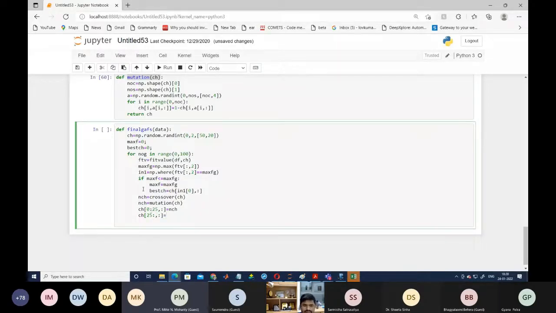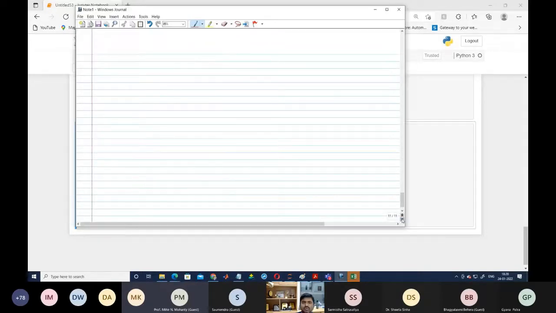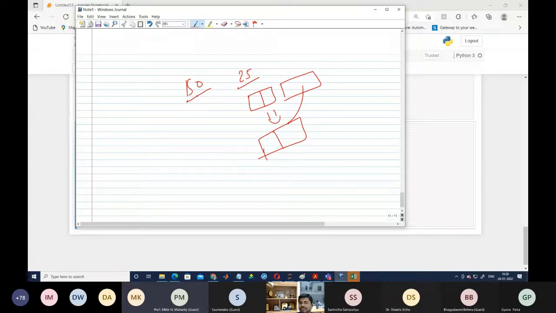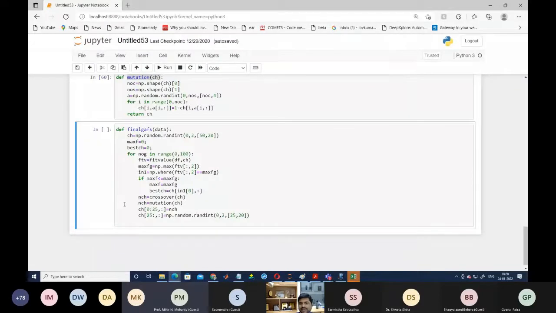We are again generating the new chromosome. So we are writing this one and we are writing here 25. If we check, we are taking two chromosomes. We have 50 different chromosomes, then we are making the pairing. So we are getting 25 pairs. For each pair, we are getting two different chromosomes. We are generating a new chromosome by taking half of the first chromosome and the second half of the second chromosome. That is called the new chromosome. So if you give 50 as input, you get 25 as output. That's why we have written here 0 to 25 and this one is 25 to all this one.